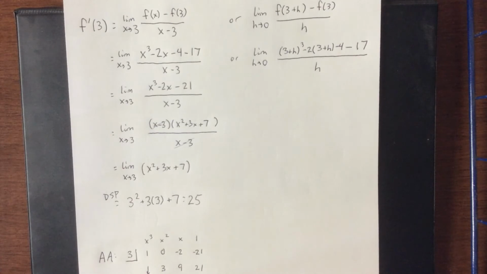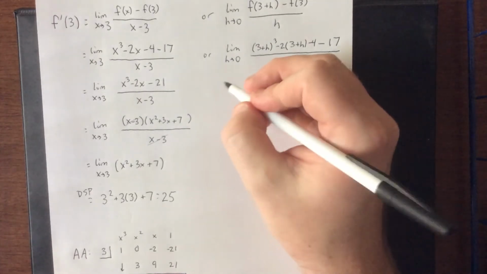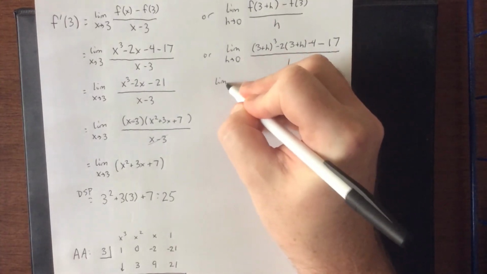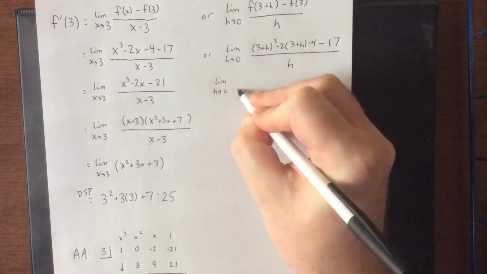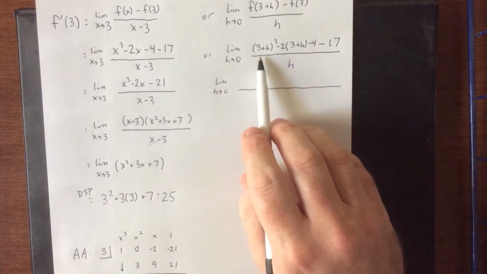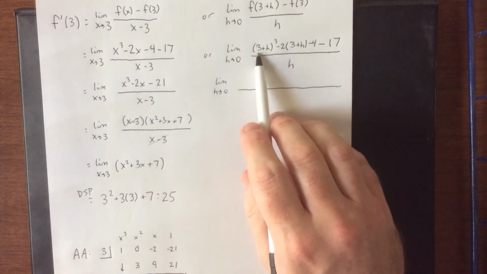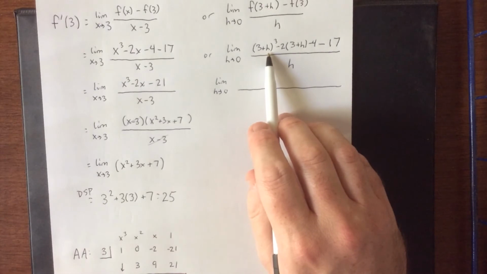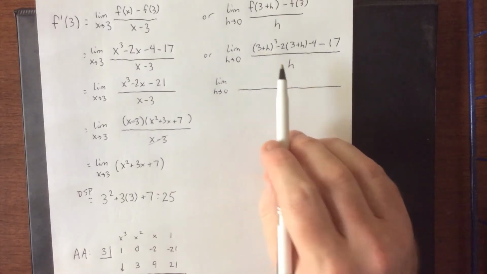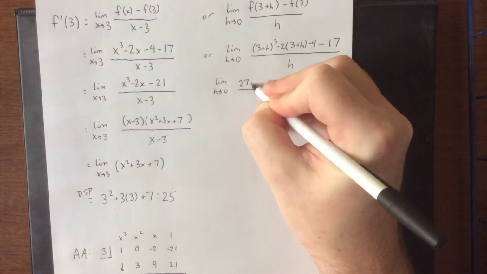Now, if you like this, if it speaks to you, great, wonderful. That'll work out just fine. However, getting comfortable with both of these techniques is going to be important, so let's do that. Now, I am going to skip the step of the algebra behind expanding this, but please know that this is writing down 3 plus h times 3 plus h, foiling those together, then multiplying by an additional factor of 3 plus h. The result is 27 plus